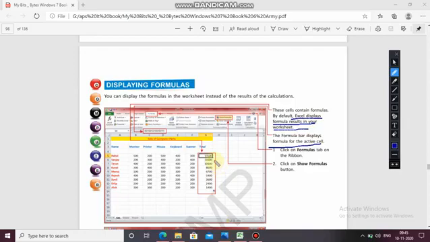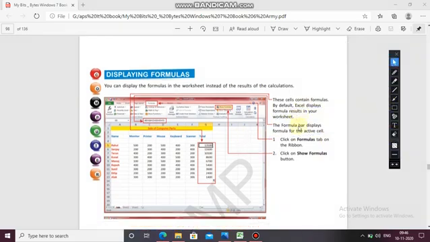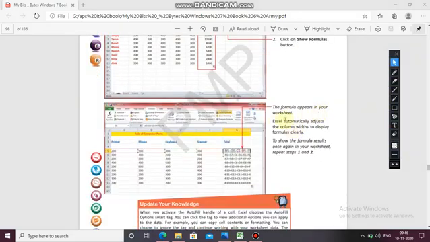So instead of the result, it will show the formula. Click on the Formulas tab on the ribbon and the Show Formulas button. This also we will see. The formula appears in your worksheet. Excel automatically adjusts the column width to display formulas clearly. To show the formula results once again in your worksheet, repeat steps 1 and 2.